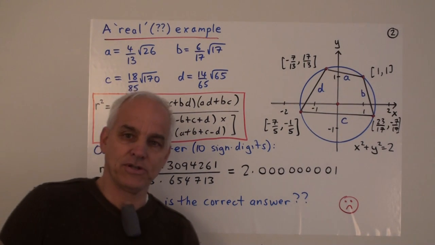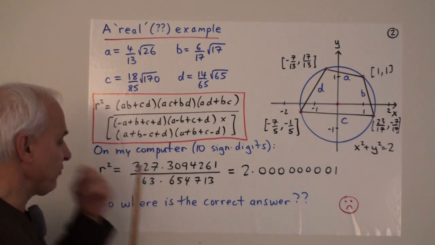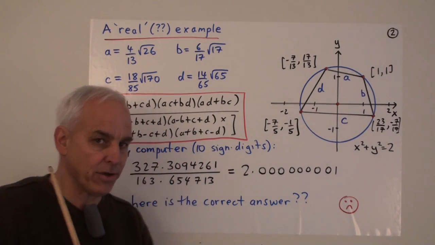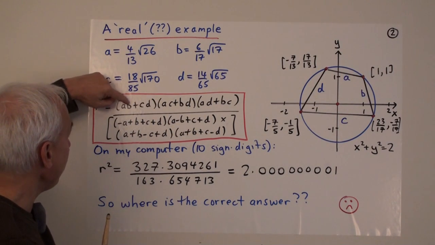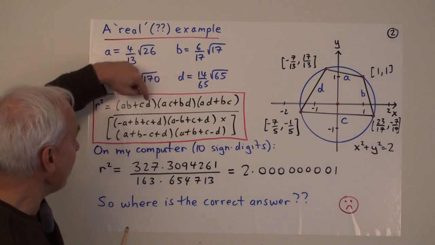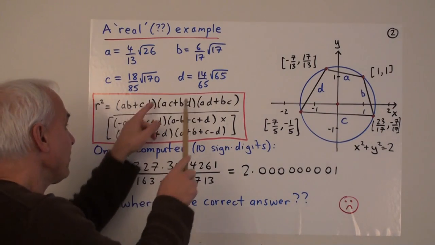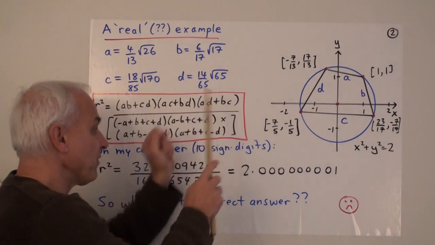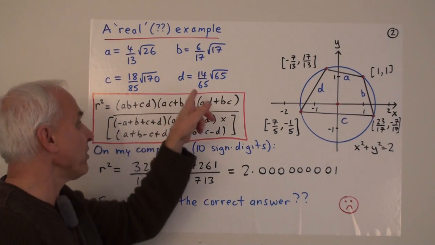Well, I encourage you to see whether it works. Right? So what we have to do is make a real number calculation. We have to stick these things in here, and we have to take a times b, to multiply this times this. We have to multiply c times d, and then we have to add those two things. Then we have to do the same thing for this expression, the same thing for this expression, and then we have to multiply this real number times this real number times this real number.